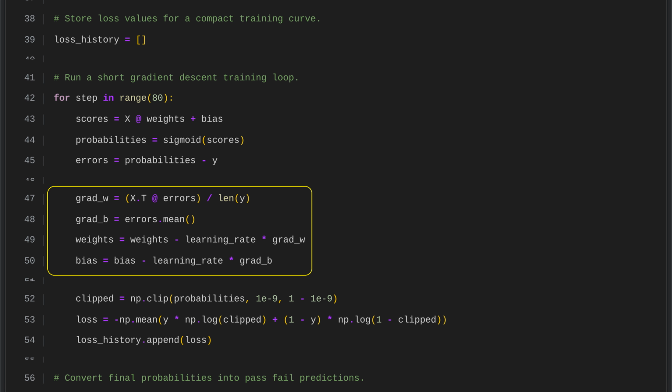To update the model, we first find how much the weights and bias contribute to the prediction errors. The weight gradient is based on the average effect of each feature on the error, while the bias gradient is simply the average error across all samples. We then subtract each gradient, scaled by the learning rate, from the current weights and bias to move the model